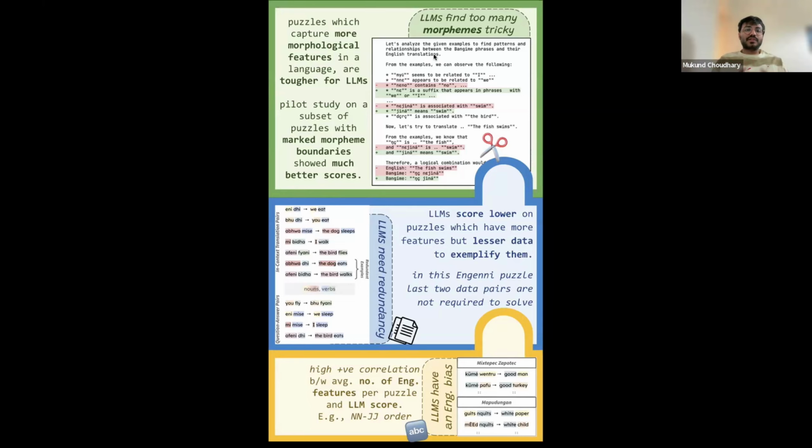What this meant for us was that maybe it's not tokenizing it right, and maybe that's why the reasoning snowballed wrong. What we did was a pilot study by separating out the prefixes and the roots by spaces to see if that helps. So we basically made it explicit that these are the units of the word you need to focus on, and then tried to redo the experiment, and we found that the scores got much better for all of